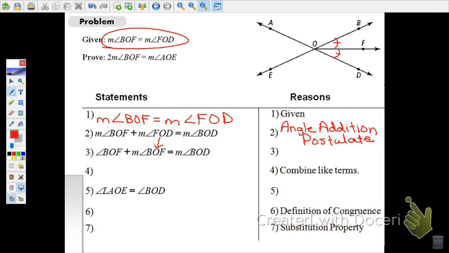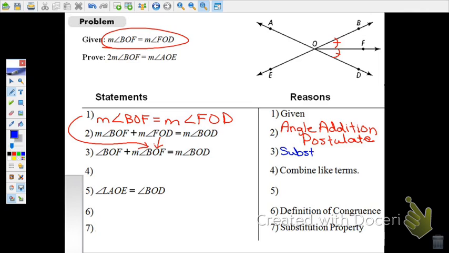Okay, we can change it because of statement 1. Statement 1 says those 2 angles are equal to each other. So we are putting that in here, which means we are making a